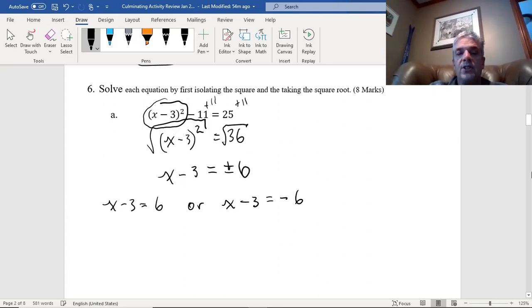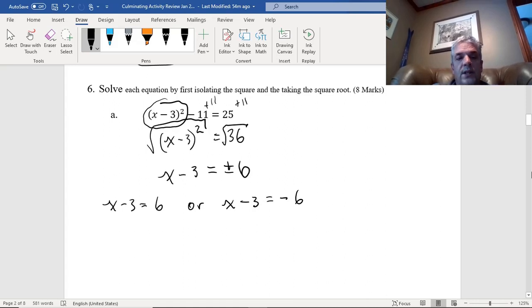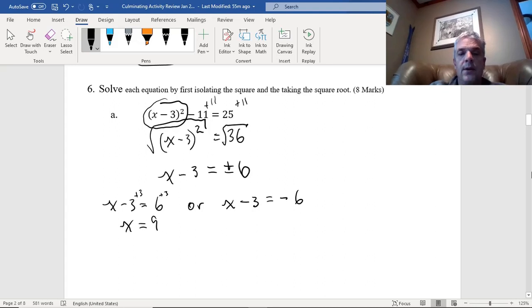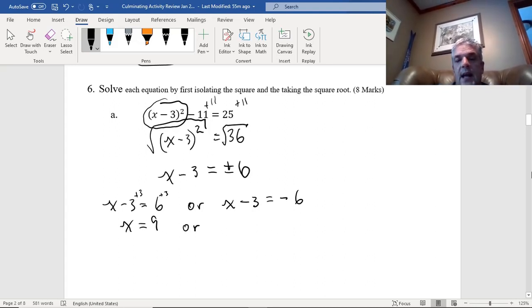And now we can solve each of these. What does x have to be if I subtract 3 to get 6? Well, most kids will see that if I add 3 to both sides, I'll end up with x equals 9. And that's one answer. And the other answer is x,